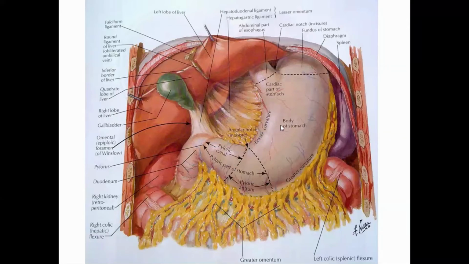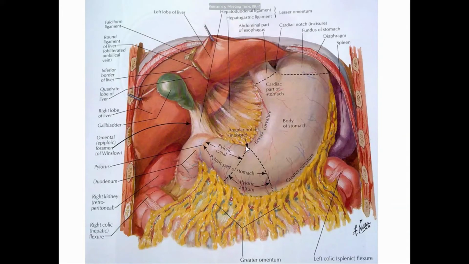So how is the stomach divided into these three regions? By two imaginary lines. So how can we draw these imaginary lines? The upper imaginary line is drawn from the cardiac notch or the cardiac orifice towards the greater curvature. This upper line extending from the cardiac notch to the greater curvature divides the stomach: above is the fundus of the stomach, below is the body of the stomach.